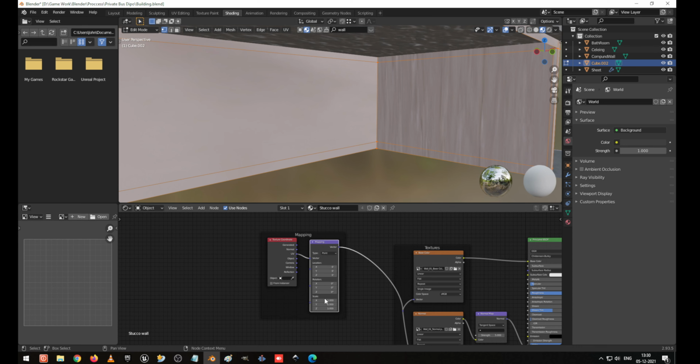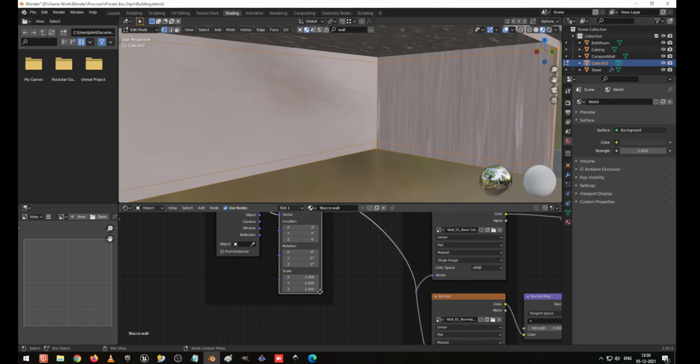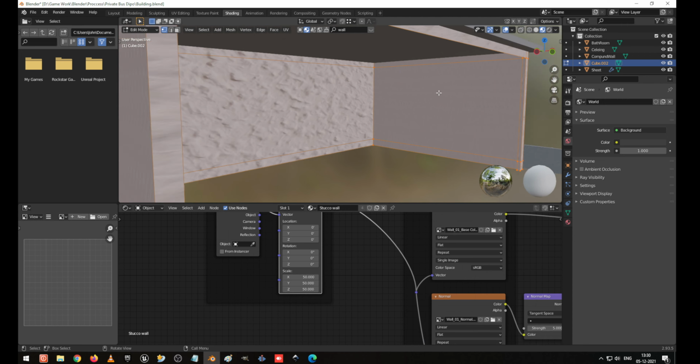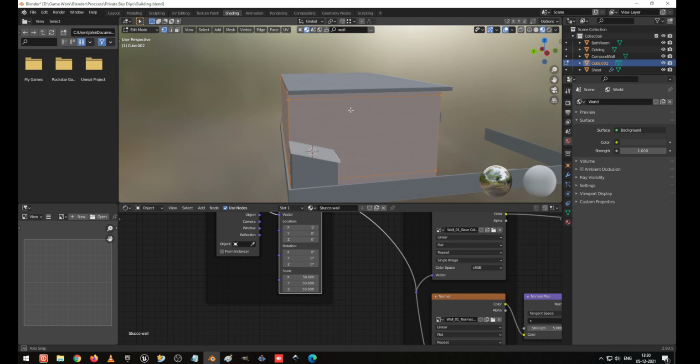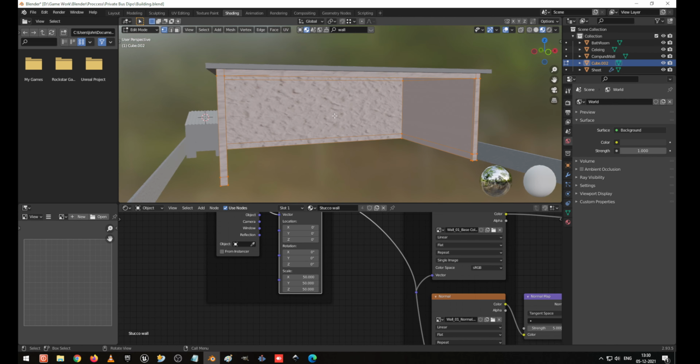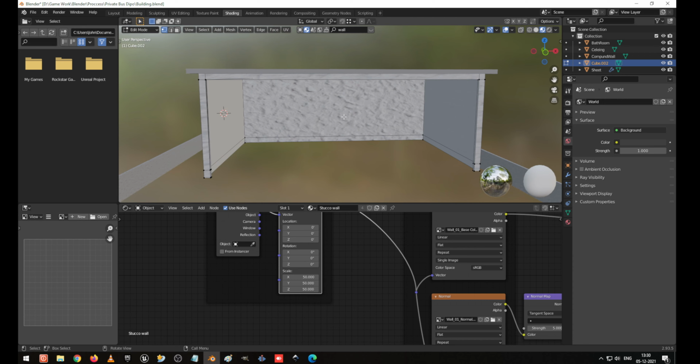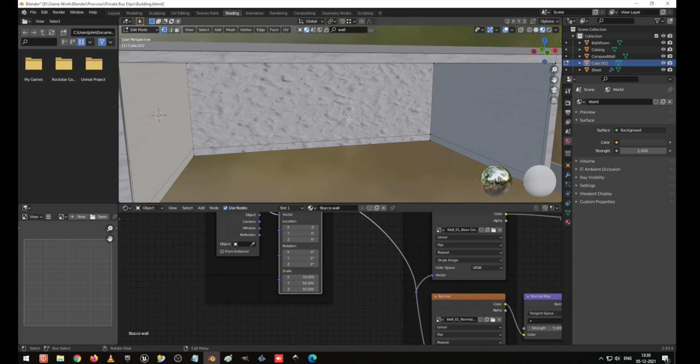So the mapping, what I am going to do is give it as 50. So I zoom it in. So 50 I have given, but it didn't come out perfect, because some faces are inside and some normals are outside, like that issue is there.